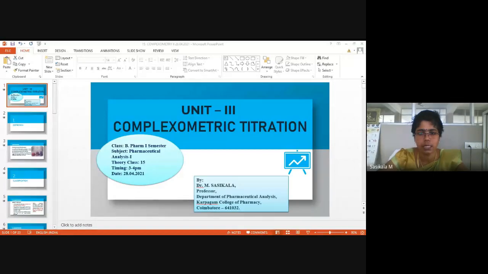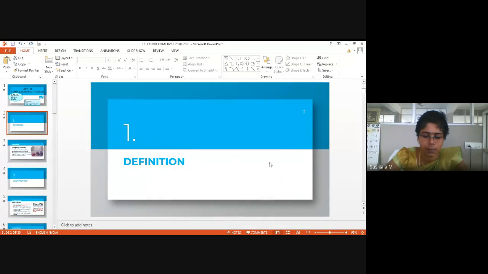Now we'll see the titles. Good. Ashwini, Babisha, Naveen, very good. We'll move on to the headings, whatever you have told for complexometric titration. Now, in brief, we'll discuss according to your syllabus. Complexometric titration is part of unit 3. We'll be moving on to discussion of 5 parts today.